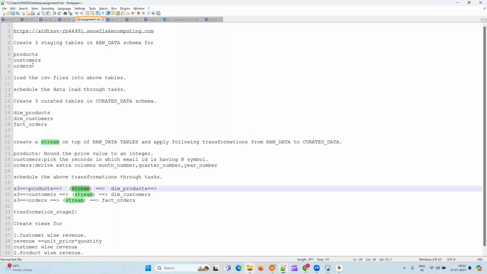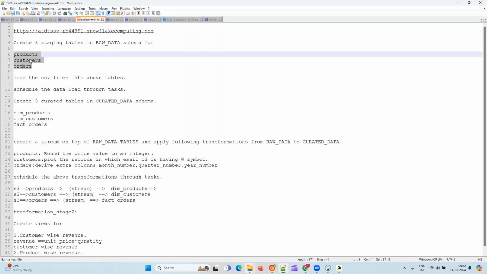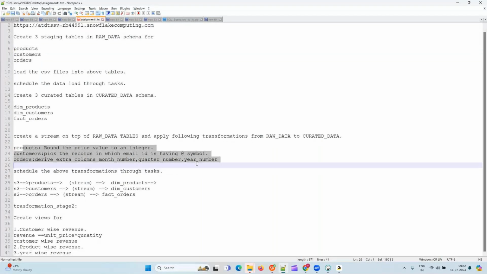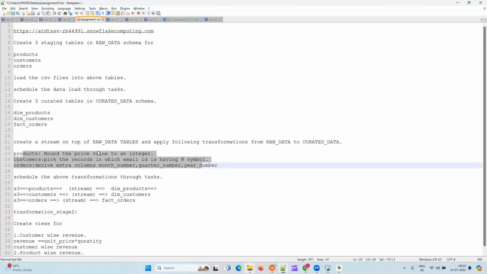I will be providing some real data sets from websites like Kaggle, like products, customers, and other generic data. Then you need to load it into Snowflake and do some transformations. You may need to use different transformations, like rounding the price, some basic transformations. Then there will be a second level of transformation: you need to calculate customer-wise revenue, product-wise revenue, year-wise revenue. This particular assignment question we are going to solve in 3 different ways: one using Snowflake, another using DBT, Airflow and Snowflake, and another using Matillion and Snowflake. If you want to implement SCD here, we can do that. It's not a big thing.